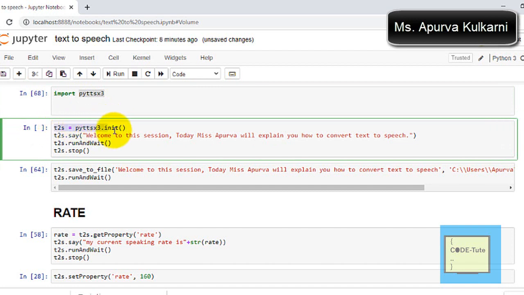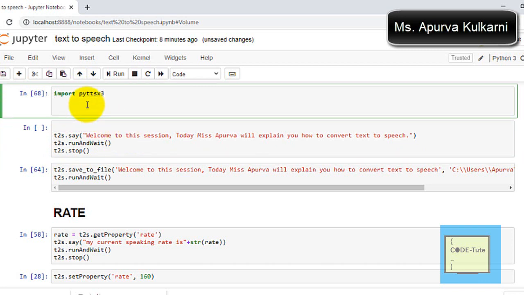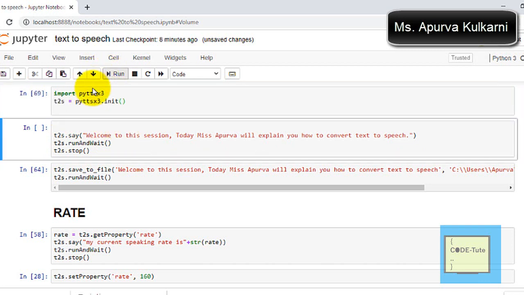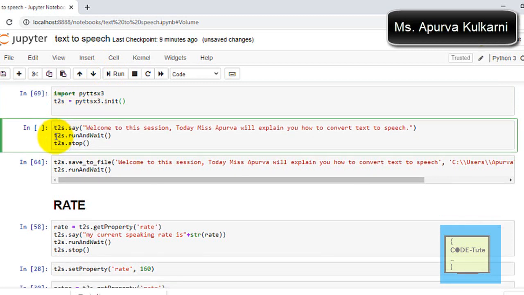So this is the second line of code, which is very important. I will copy this line, paste it here, run this and done.